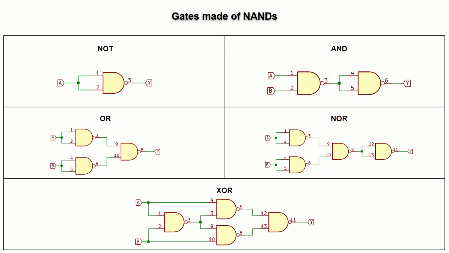As a final note, please be aware that such builds may not always be suitable. Each gate has its own propagation time, which is the time it takes for the output to react to changes to input levels. These times are usually in order of single nanoseconds, but when connecting a few gates in a series, we make these times add up. This may be important when multiple signals need to change synchronously or when working with high frequencies.